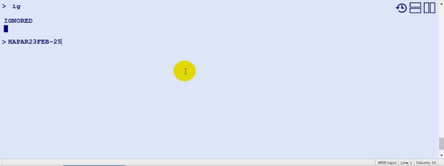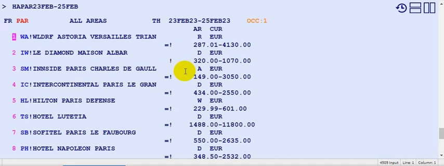What does it mean? It means that the check-in date is 23rd of February, and the checkout date is 25th of February. Okay, so this is the way we can have a multi-property hotel availability display. You see here, so many different types of hotel chains are mentioned, and if you want to find a particular